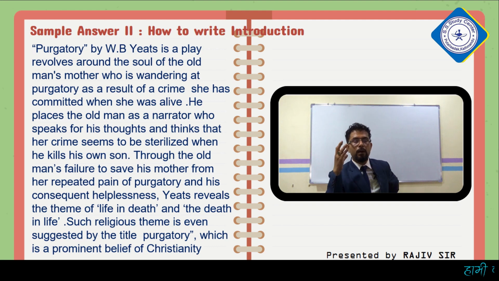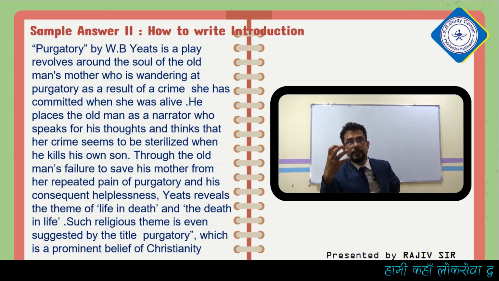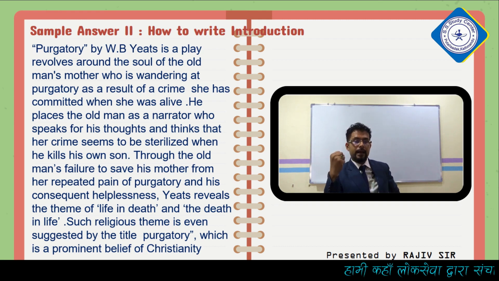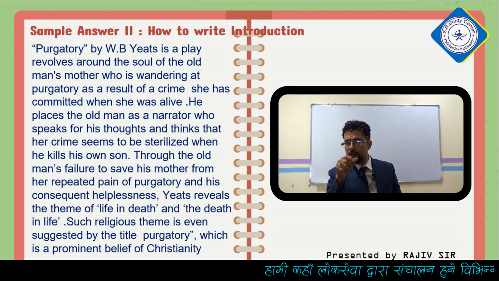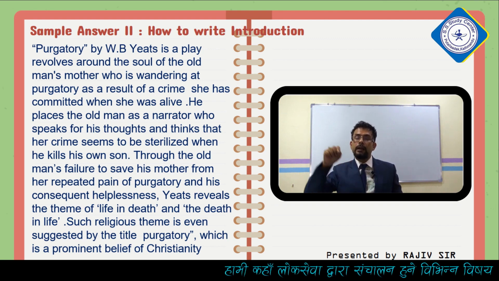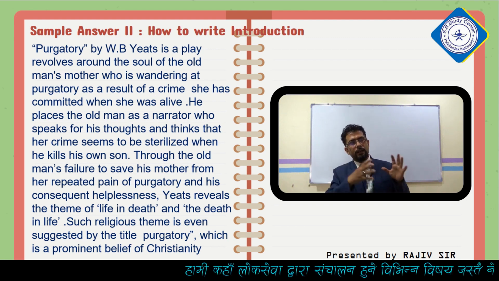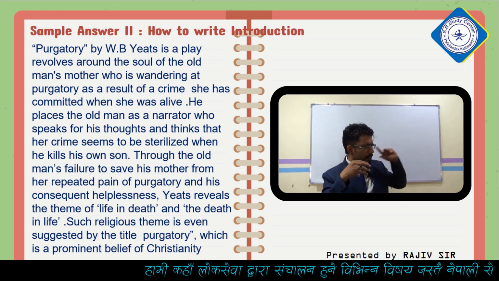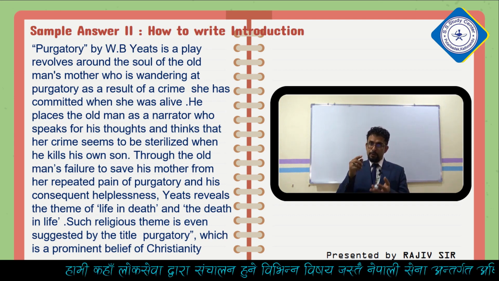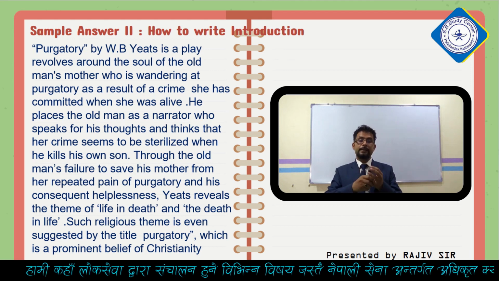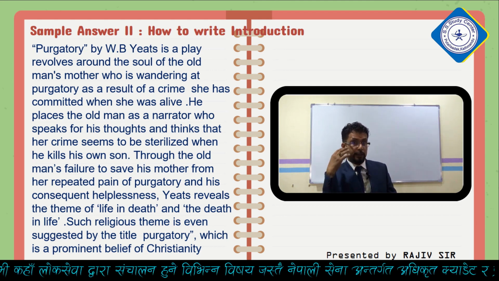He places the old man as a narrator who speaks for his thought. If you read that text, students, you can see right from the beginning till the end, he keeps on talking, and there is a boy who says, oh, this old man might have gone with his words. Okay, so you can write, second sentence would be, he places the old man as a narrator who speaks for